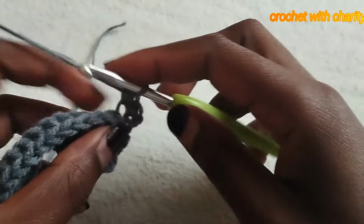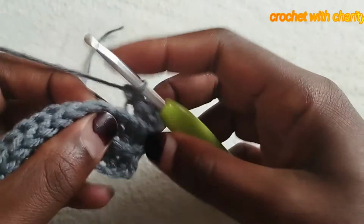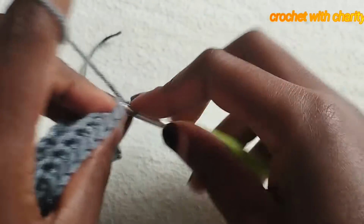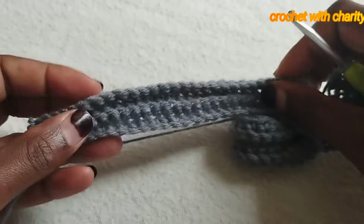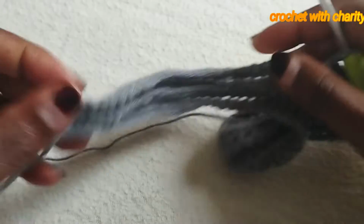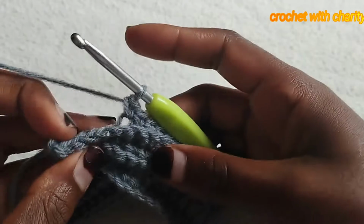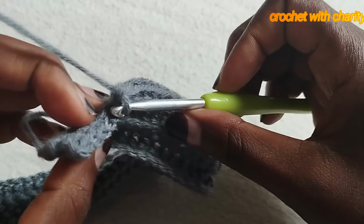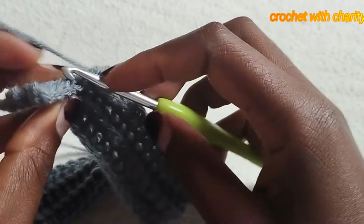single crochet into the next stitch, single crochet and keep making single crochets until you get to the point where we switch into making slip stitches in the last 6 stitches. So we have 6 stitches remaining, and we're going to work slip stitches in the back loop only. So insert your hook in the back loop,